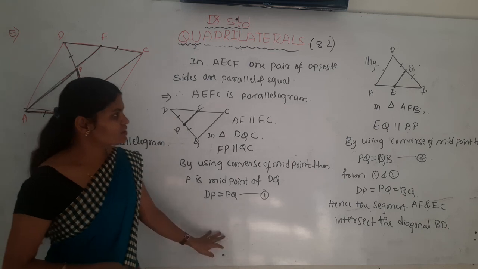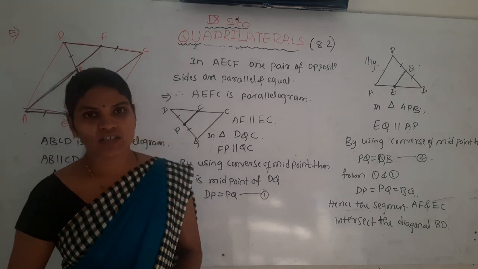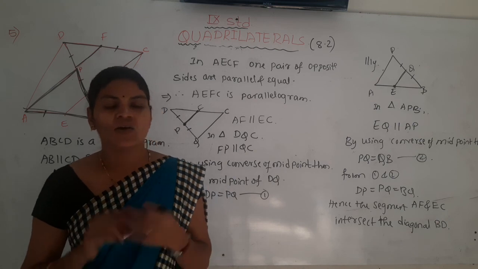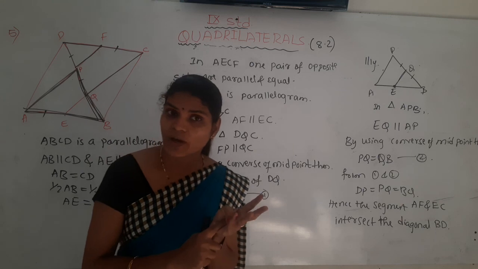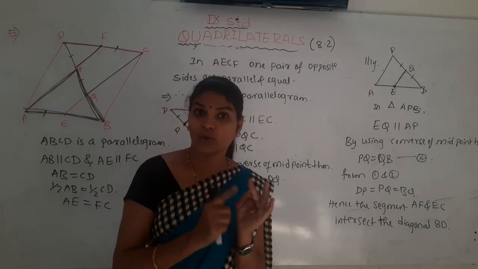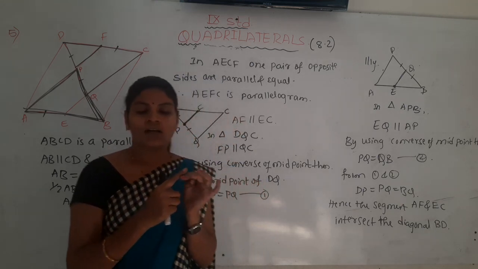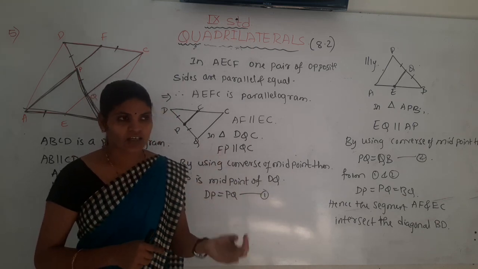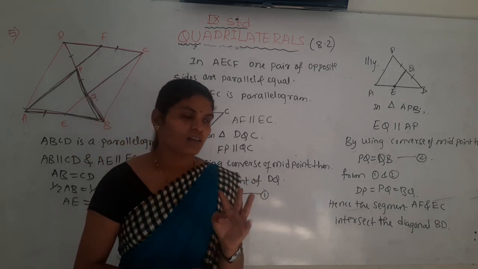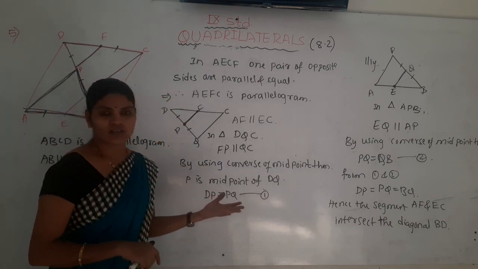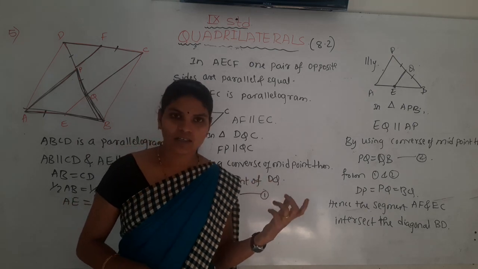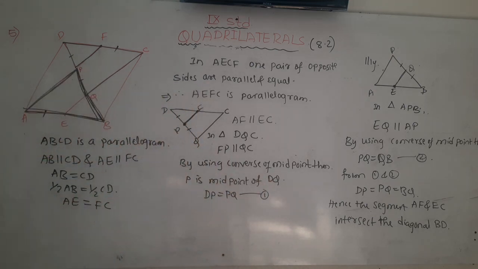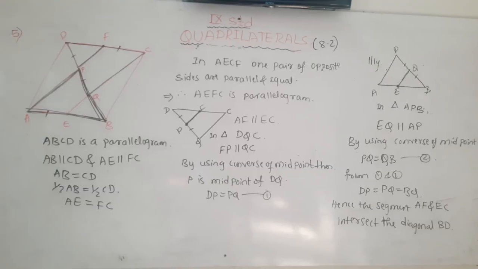Yes. So with this, your quadrilateral chapter is completed. Only two exercises. Only the concept is here. One is the properties of the parallelogram, second is the midpoint theorem, and third is the converse of the midpoint theorem. Yes, if you remember these three things, you can answer any questions which come under this quadrilateral chapter. Yes, I hope all of you got it. Just pause this video first and write it. Yes, I hope you have written.